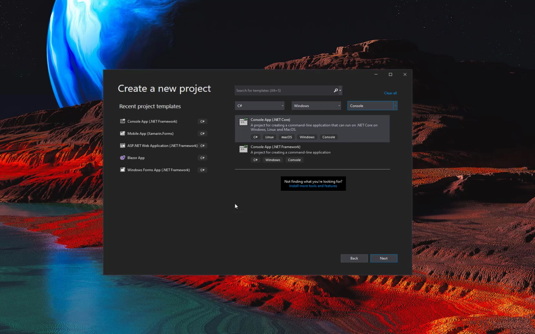Now, if you did the pre-reading and you read through that there's a difference between .NET Framework and .NET Core, then you understand why there's a reason that we have two different templates. This lesson or set of lessons is all focused on .NET Core, so we won't be doing anything specifically with .NET Framework, but you have to understand that there is a difference and you have to make sure that you're choosing the right one. So we're going to choose console app with .NET Core in the parentheses,